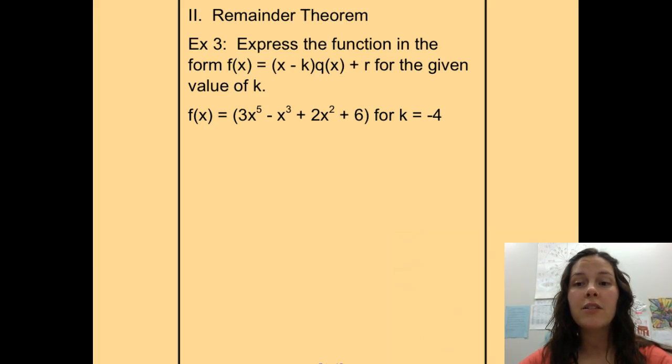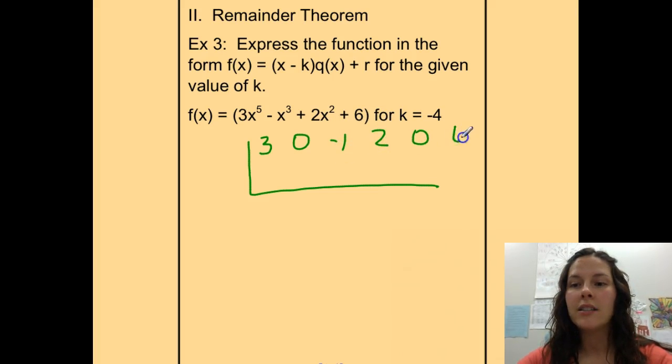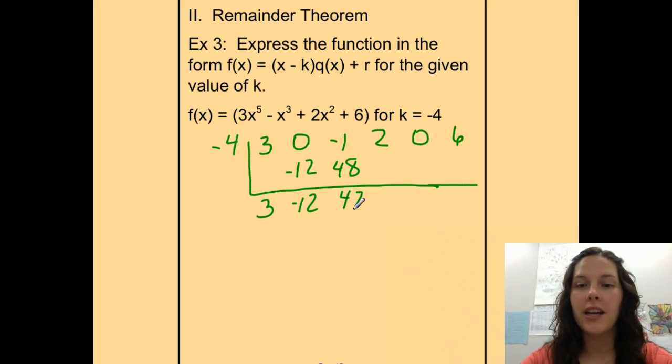Setting up our division, because we're dividing by a single term, we can use synthetic division. So our coefficients, we have 3x to the 5th, 0x to the 4th, negative 1x cubed, 2x squared, 0x, and 6. Negative 4 is already outside the box, so we're going to put negative 4 on the outside, dropping down our 3, multiplying by negative 4, adding, multiplying by negative 4, adding, multiplying by negative 4, we get negative 188, adding 2,